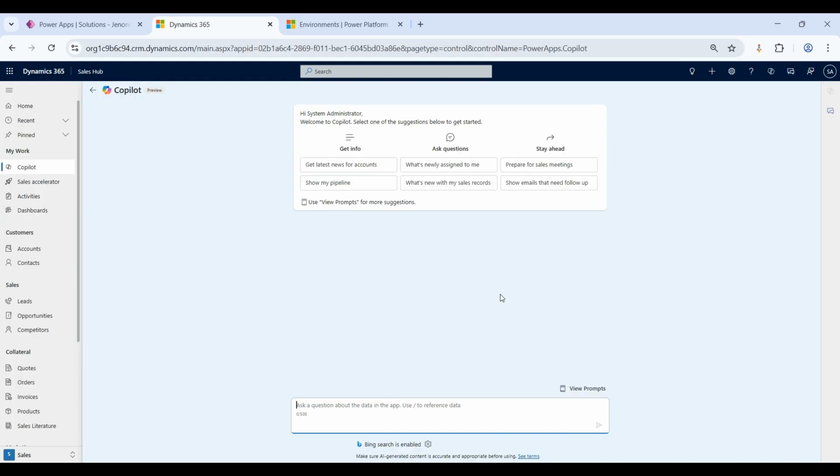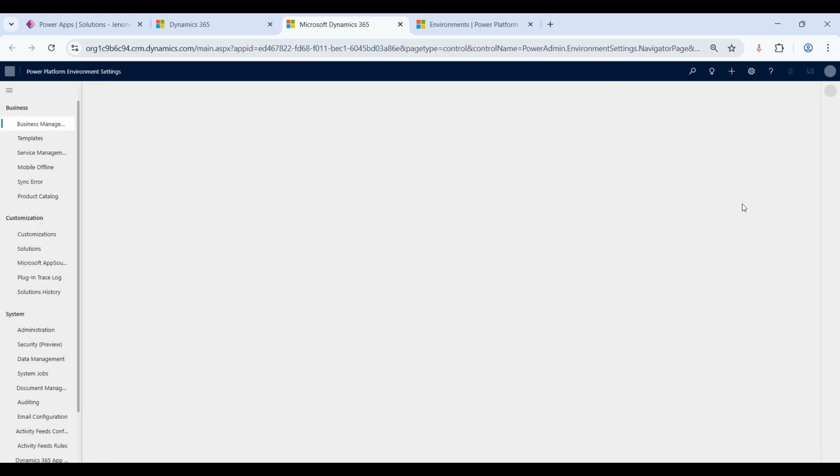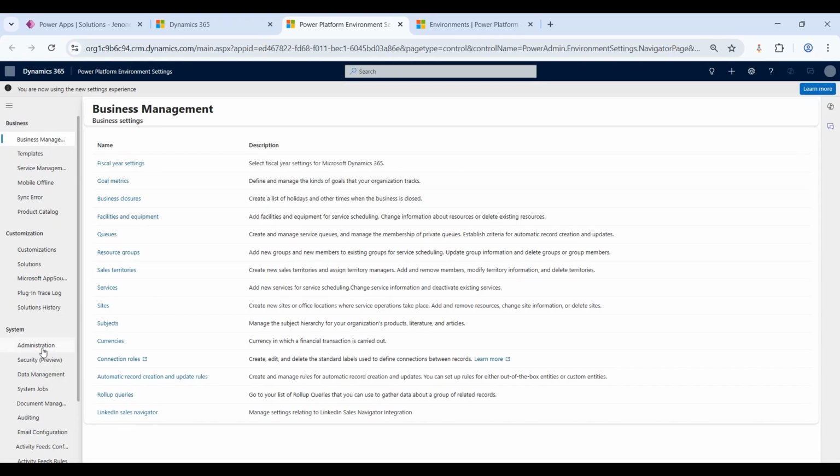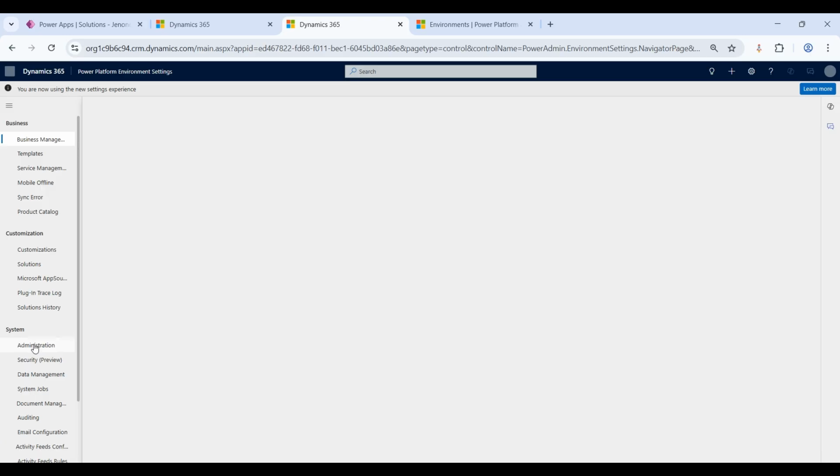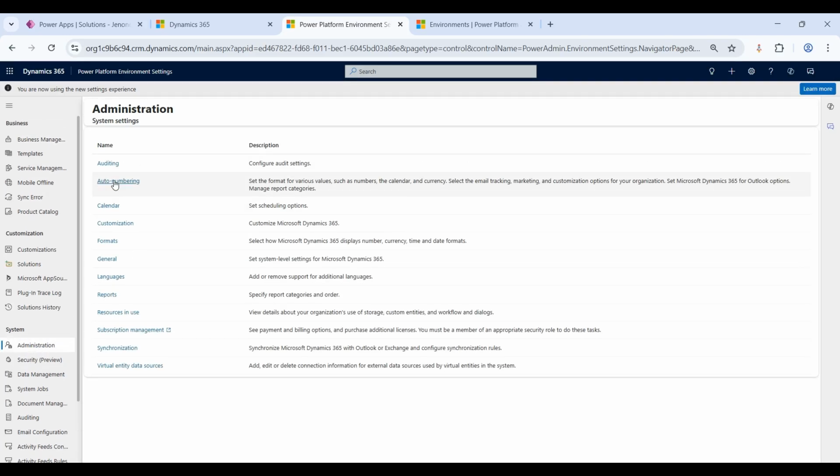Now I am in the Dynamics 365 application. To go to the auto numbering setting, we need to go to advanced settings, and from here under system we have administration, and once we open the administration page we have this auto numbering option. So this is one way of enabling auto numbering, and the other option is by going to Power Platform Admin